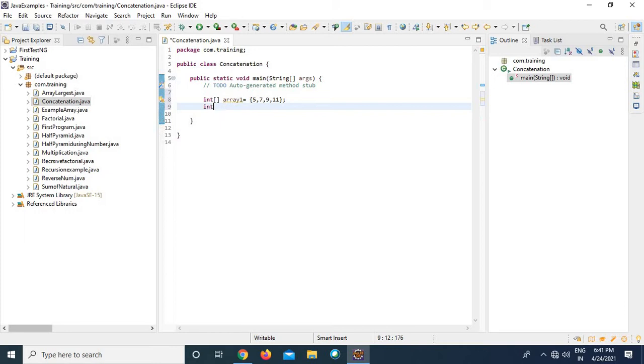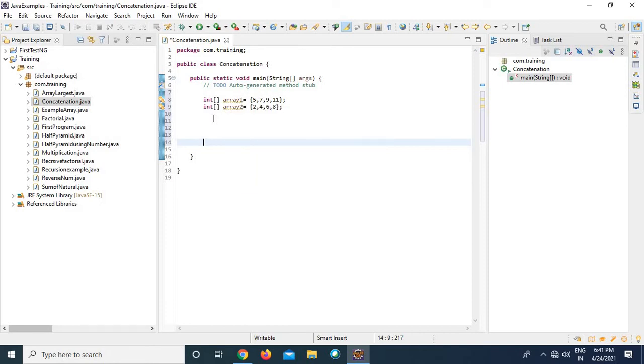And for the second array, array2 is equal to 2, 4, 6, 8. So once you take these two arrays, first what I wanted to do is print both the arrays in one single array.